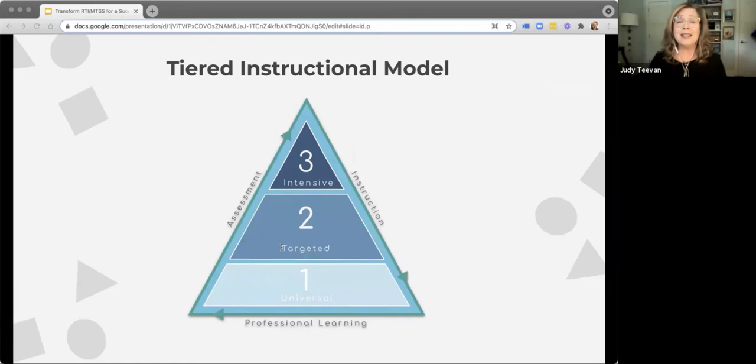So first, let's do a short review of how RTI came to be and explore the benefits of a strong RTI process. For years, students who struggled in class were referred for testing using the IQ achievement discrepancy model, right? Now, this model had been used for 3 decades. The students being tested were typically poor readers. The problem was the model did not flag the student for help until the student was in 3rd grade or above, those grades where reading abilities start to impact learning in multiple areas.